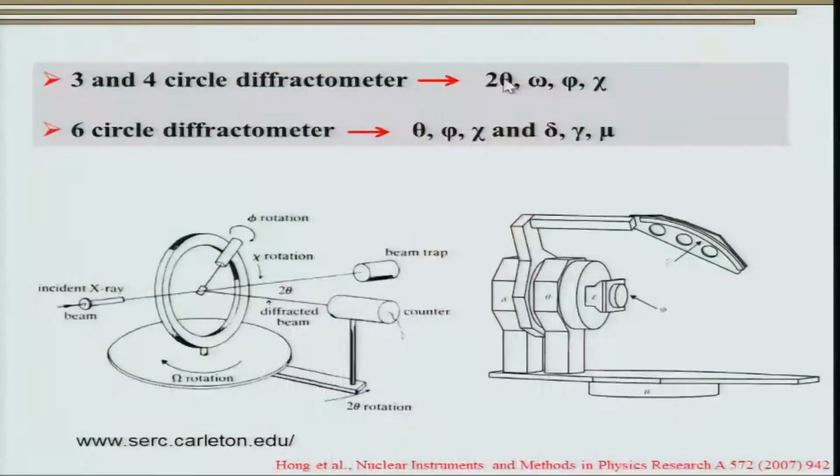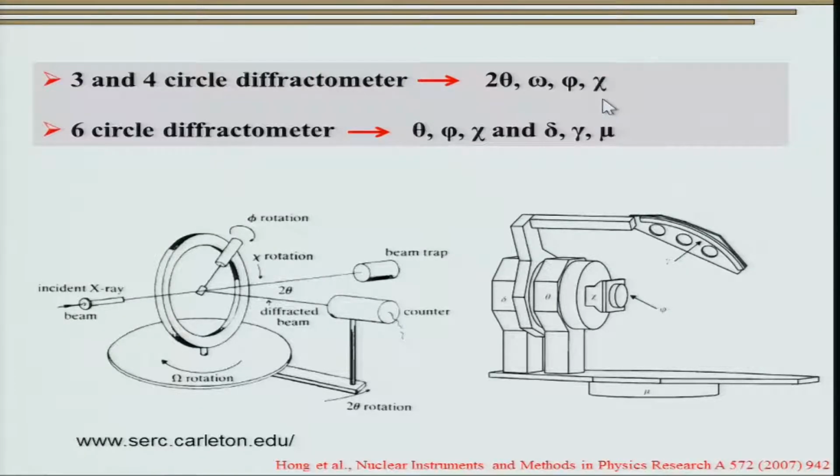improve the statistics. Therefore, a diffractometer consists of a sample holder that can give different kinds of rotations to the sample under consideration. So, we have what is known as a 3-circle and a 4-circle diffractometer. In a 3-circle diffractometer, the 2 theta and omega correspond to the theta, which essentially ensures that the two angles are corresponding to the movement of the detector and the movement of the sample, while the angle phi and chi